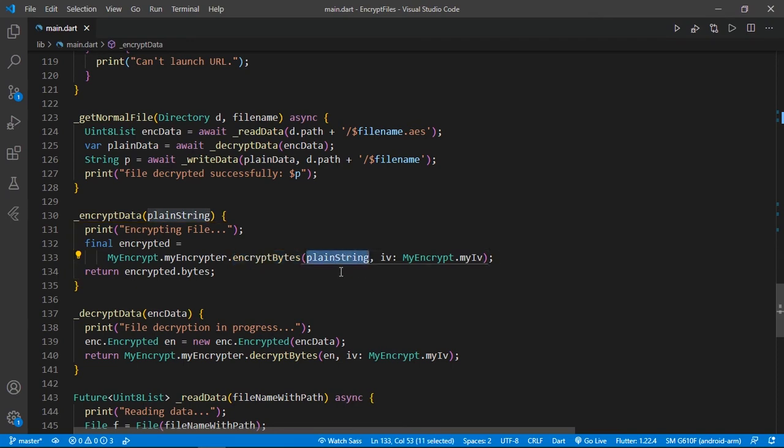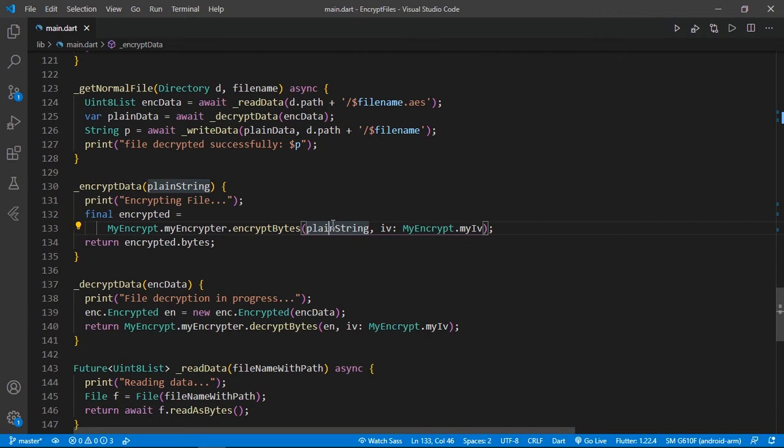I'm going to provide here the plain string which we are going to get from our URL. Then we will use the IV here. I will show you where I store our IV, and simply it returns our encrypted.bytes. So here we are going to perform all operations in bytes. Okay, this is just a variable name, plain string. Actually these are the body bytes which we are getting from our URL.